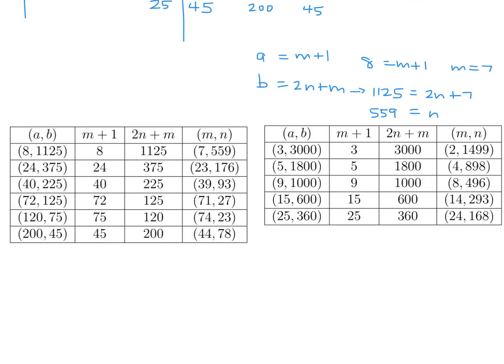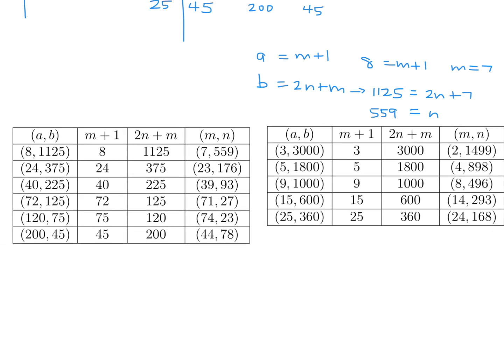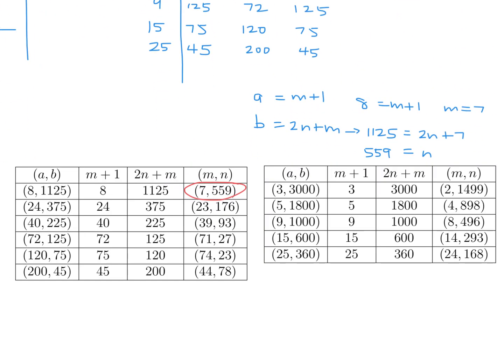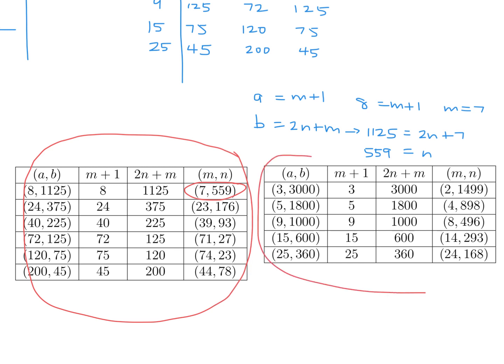So as you can see, I had done it for the first one, and I got this guy right here, the first one. And you just do the same kind of calculation to get all the other ones. Now, what I did up here takes care of this part of the table, right? Now, the other part of the table, this guy over here, that you get when you interchange